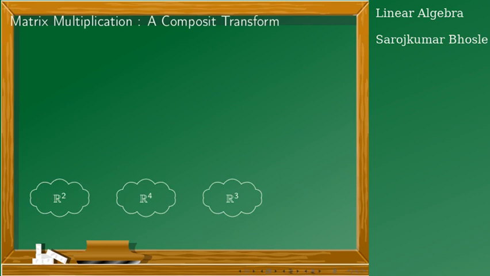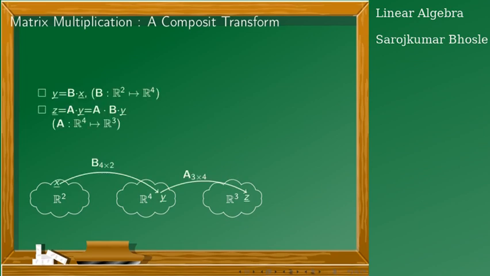Now let's see what matrix multiplication is. Now we know that a matrix itself is a transformation. Now what is matrix multiplication? See here, we have a vector y which is a transformation of vector x. So x is transformed into vector y by matrix B, and vector y is transformed into vector z by matrix A. So we can view this matrix multiplication as a transformation of this x into z by using their product.